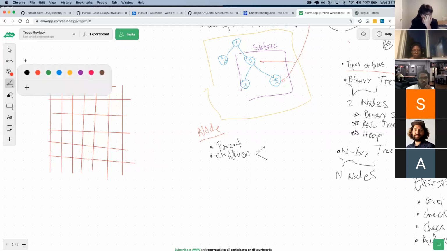The tree could be at random places. I'm just going to represent here the node, let's say node 1. Node 1, we're going to represent here with this 1.